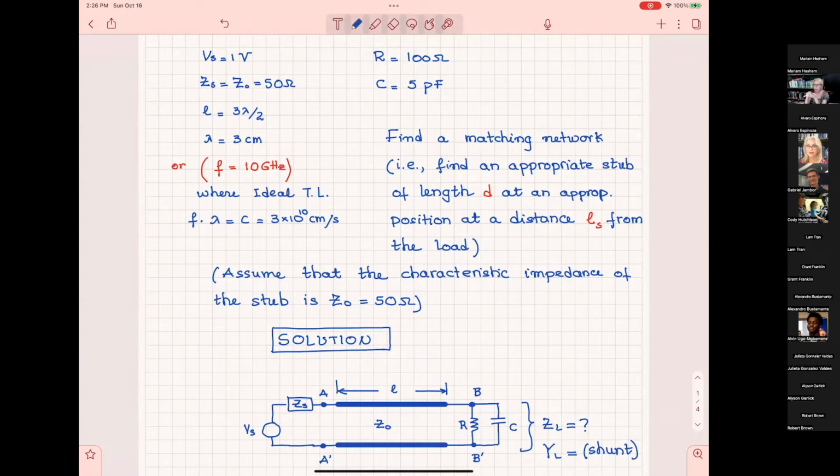Because the stub can be in series or shunt. According to the design, it can be open or short, all right? So that's number one. Number two, it says, at an appropriate position, distance L sub S from the load, which